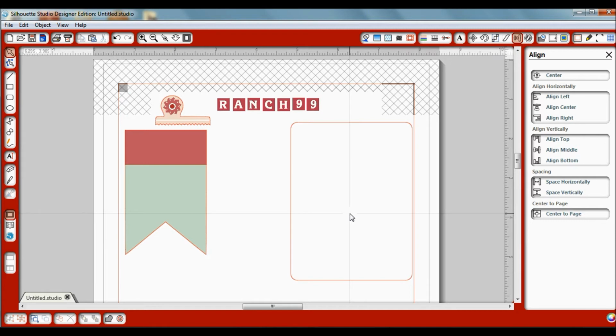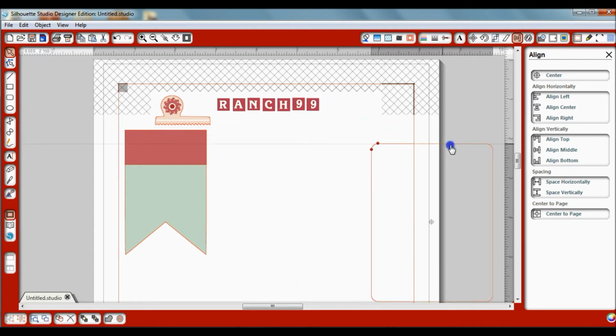So I don't need to print a background paper for this journaling card. I just want these letters, and I like that little bit of added texture by cutting those out individually. So let me show you one other trick that you may want to use when you're working with such small